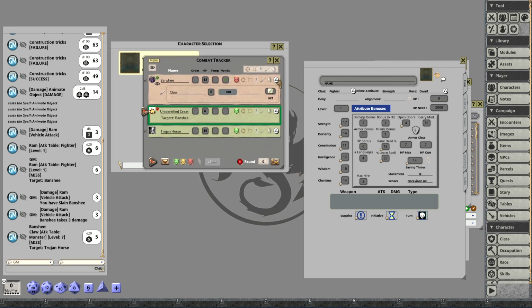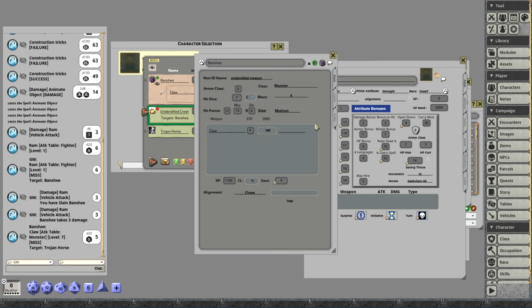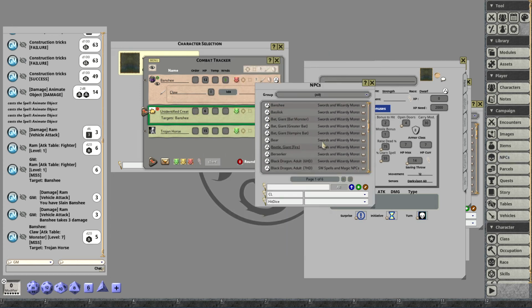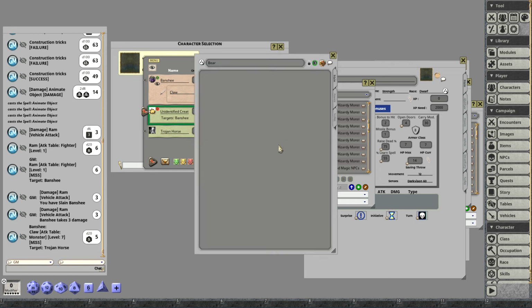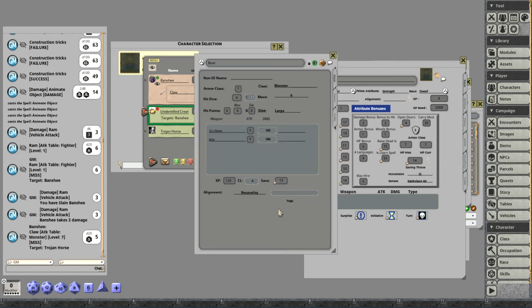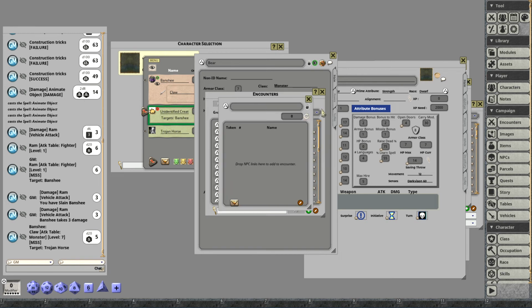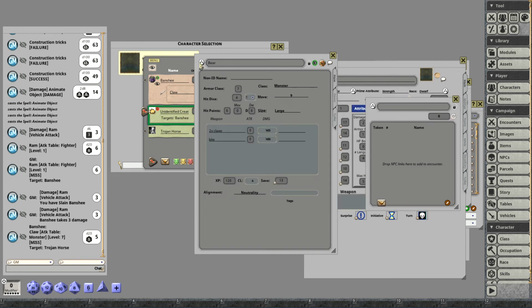I do want to talk about NPCs. So the way NPCs are created, let me pull one out of here. Bear. Okay, so here's a bear. So notice that when you create an NPC, there is a die there. Now, if I go and I create an encounter, all right, and I add this bear to it,